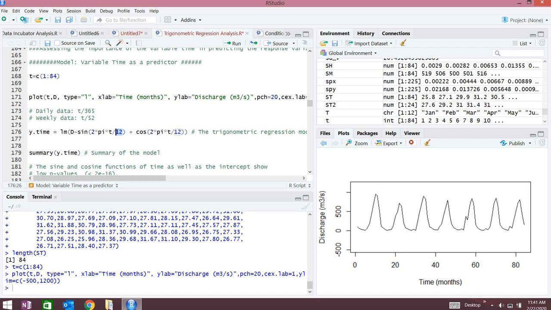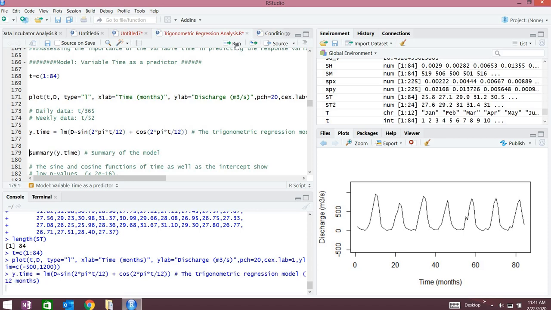So our period T equals 12. So 2 pi t. If you had daily data, you would have divided by 365. If you had weekly data, you would have divided by 52. Since it's monthly, we divide by 12. So you run it,